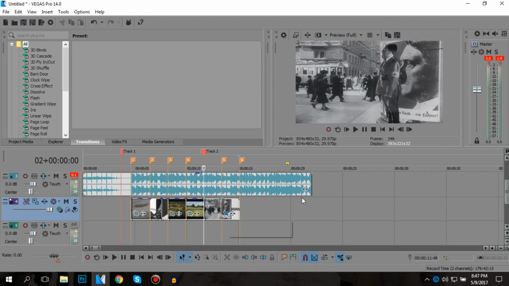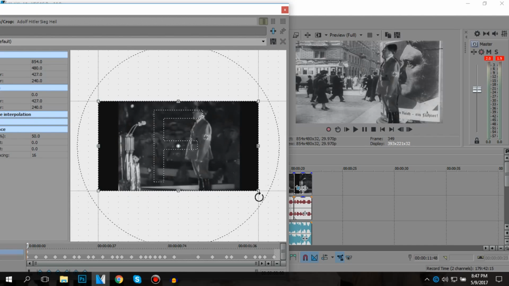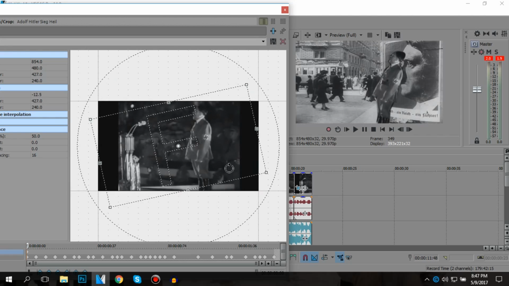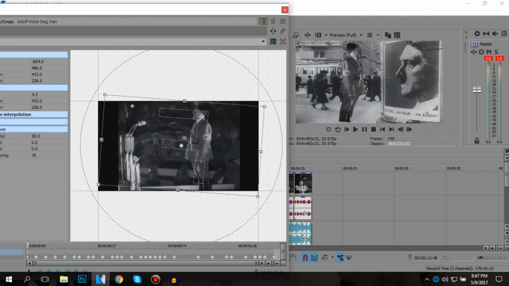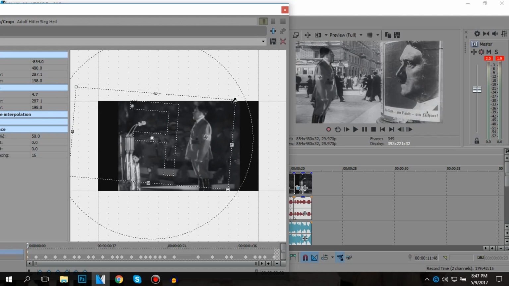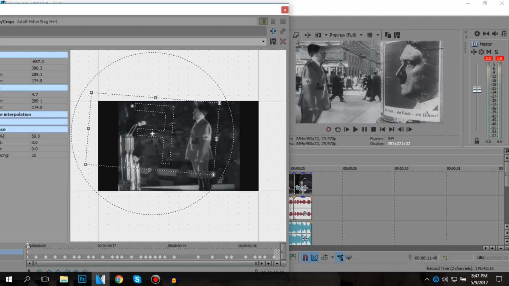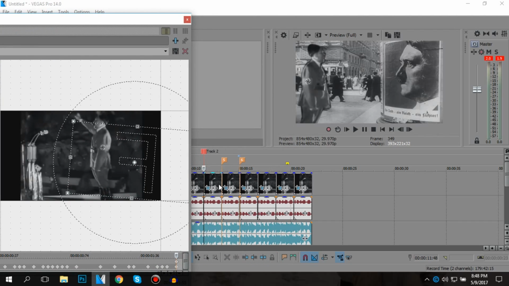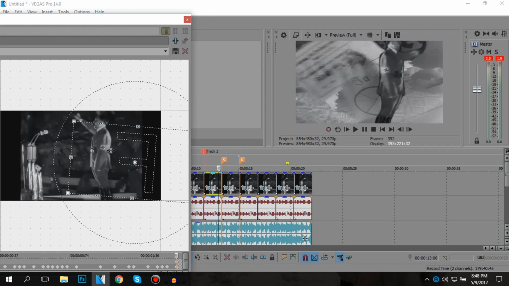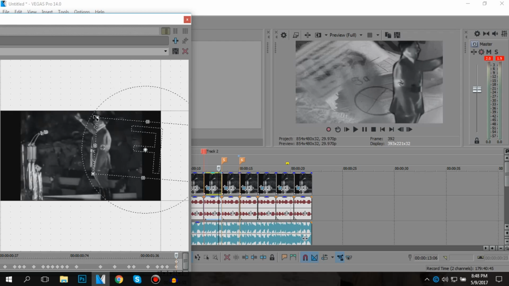So now we are going to move to Adolf, go to Event Pan Crop tool, and we are going to place him looking in a different direction, something like this. Make him a little bit bigger till the end. We want to move him to the right side and to make him look smaller